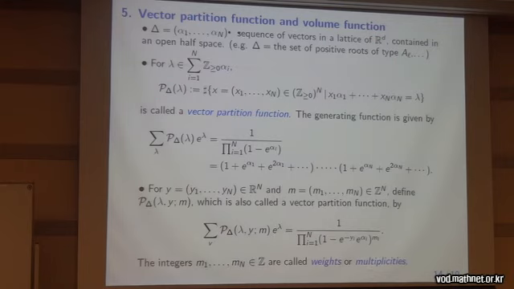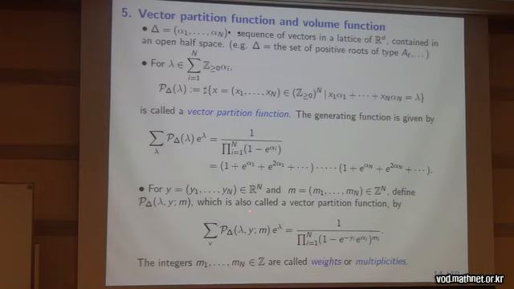And it is quite easy. The generating function of this partition function is very simple. Actually, the generating function means this sum, and it is written as a product of power series like this. And as an analog, given y in Rn and m in Zn, define p delta lambda by m